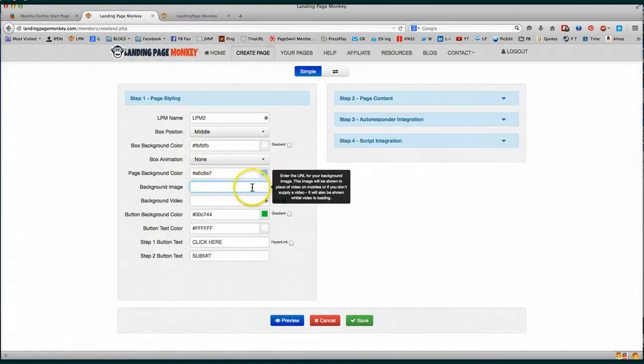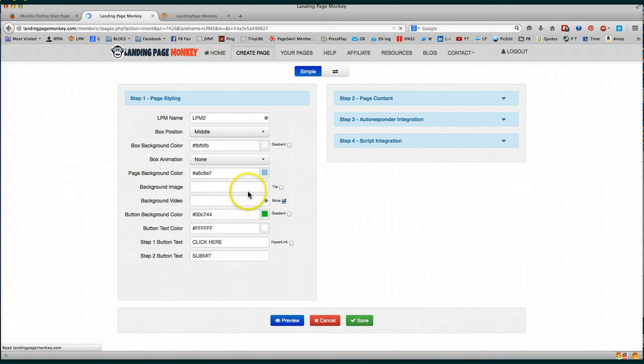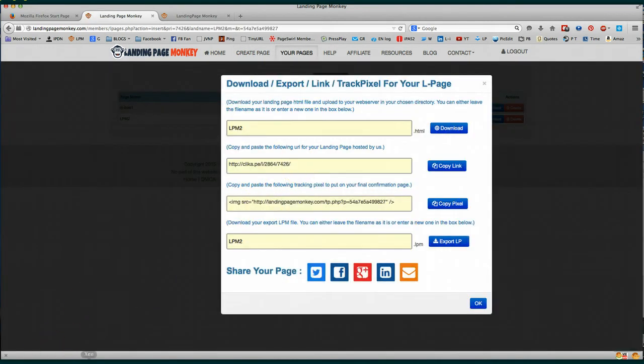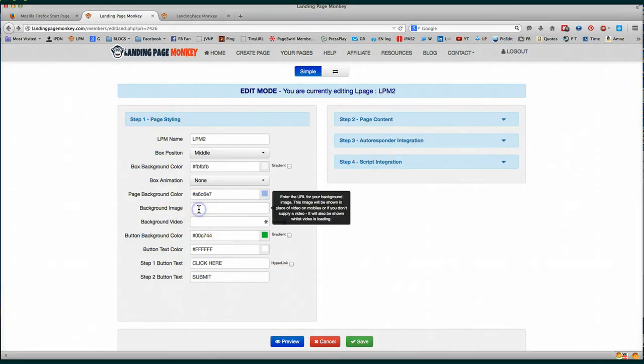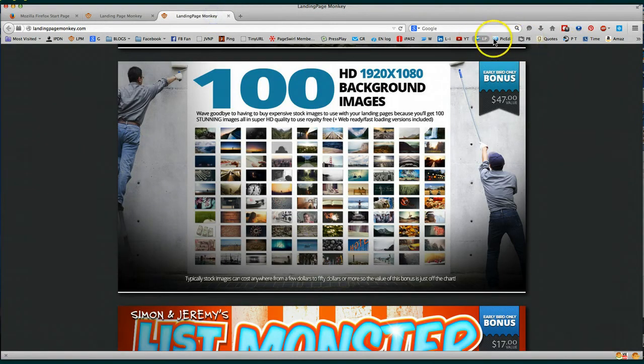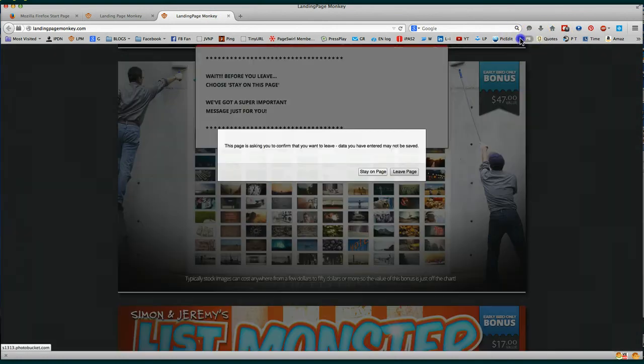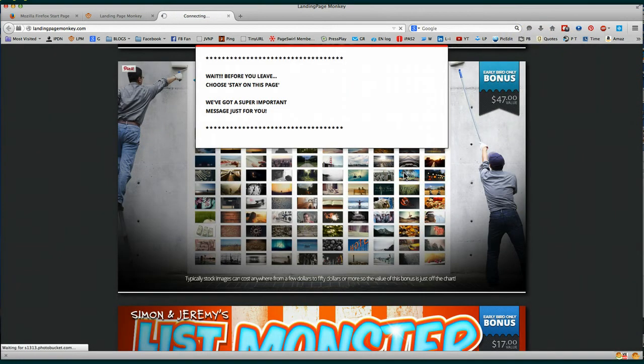Background image. Now you'll notice for background image it says you've got to enter this from an URL, so you can't just upload it from your computer. But that's not a problem at all. I've got a couple of images uploaded to my photo bucket, so what I'm going to do is log straight into there